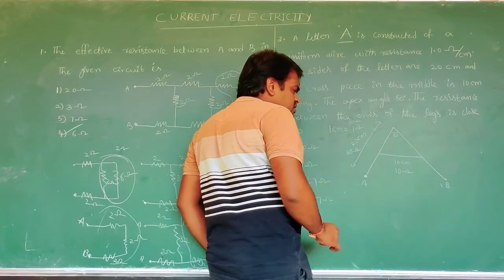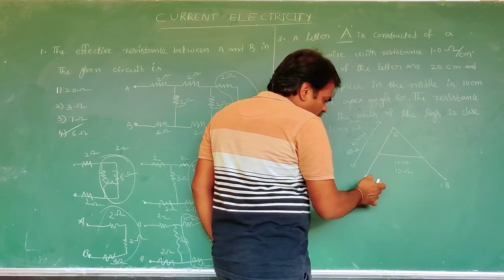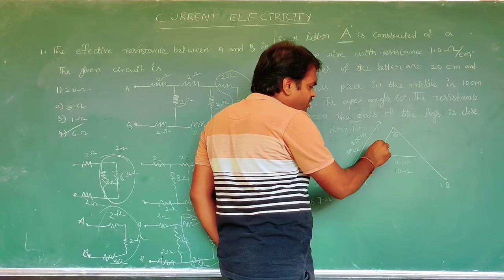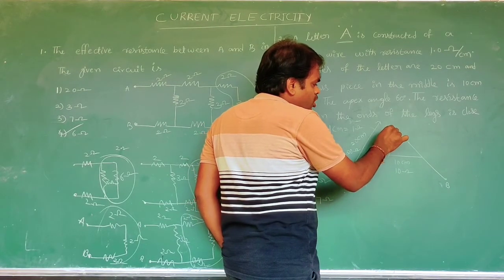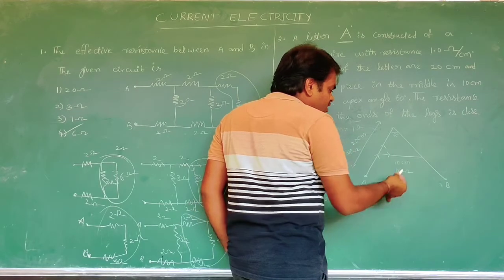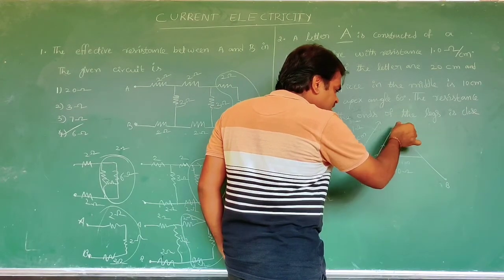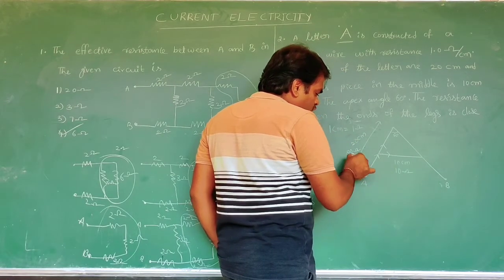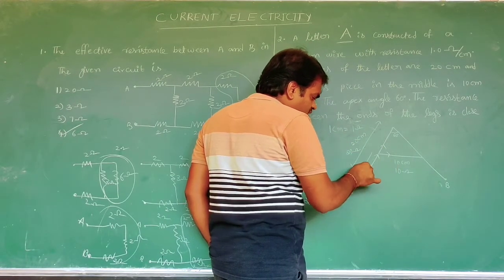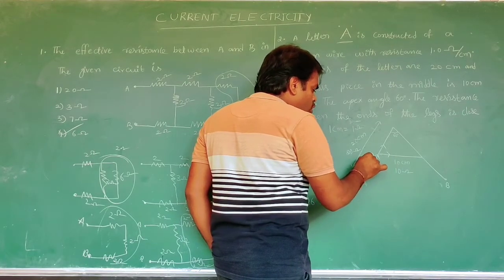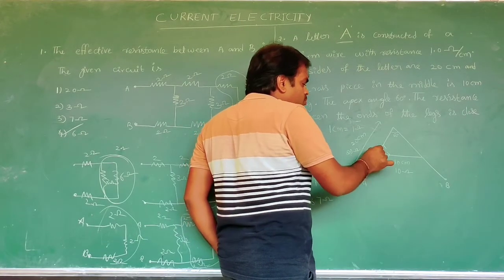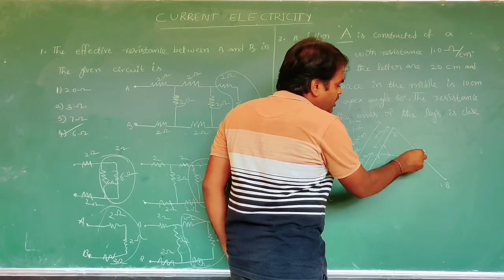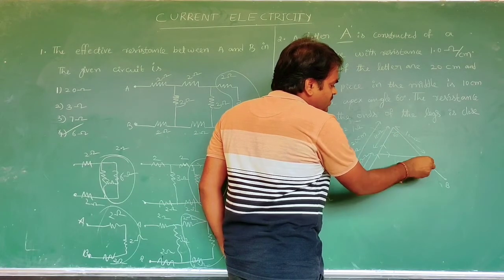Now here you can see, we are applying the voltage in between A and B. At that time the current will be divided here. It's passing through it, but here it is not divided again. That means this part will be series, and this is parallel with this. That's why the total 20 is the middle, that's why it is 10. This is 10 ohm, 10 centimeter. Centimeter is nothing but ohm. This is also 10. Now here 10, here 10.